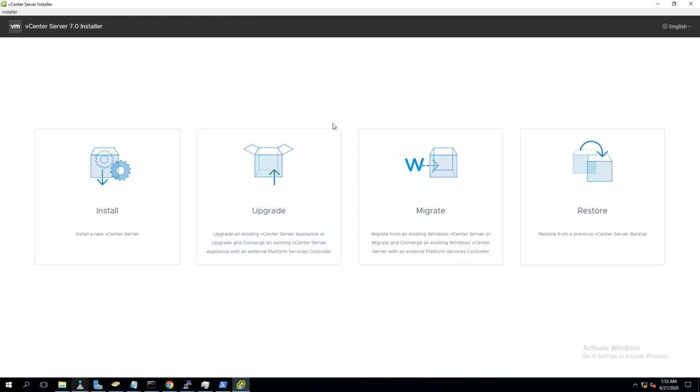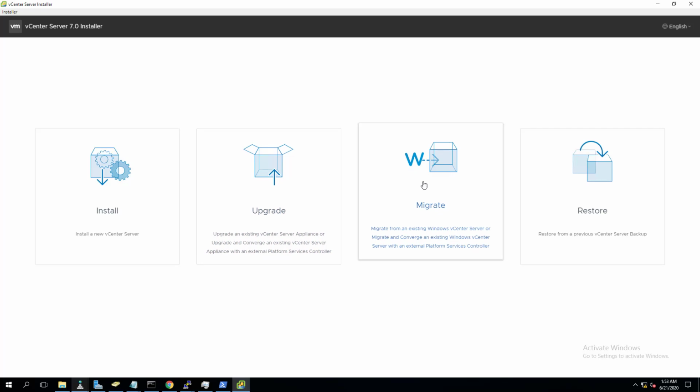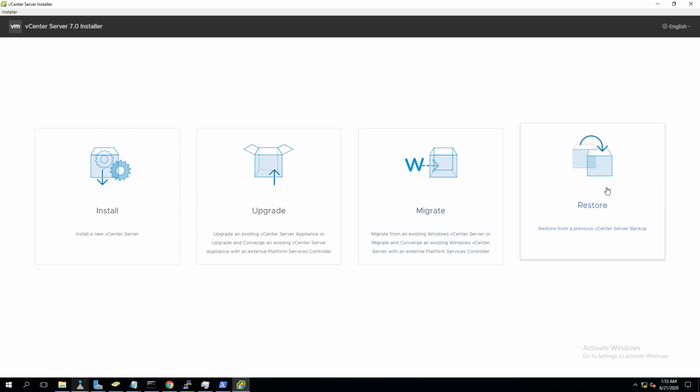Upgrade, if you want to upgrade an existing vCenter Server 6.7 to 7.0. The upgrade option can also be used to perform convergence from a vCenter Server with an external PSC to an embedded one. Migrate is to migrate from a Windows vCenter Server to a vCenter Server appliance. Restore, if you want to restore a vCenter Server from a backup.